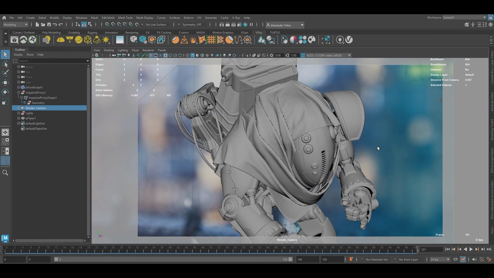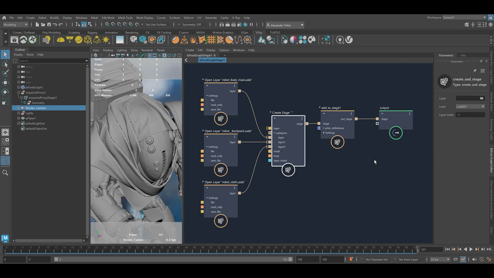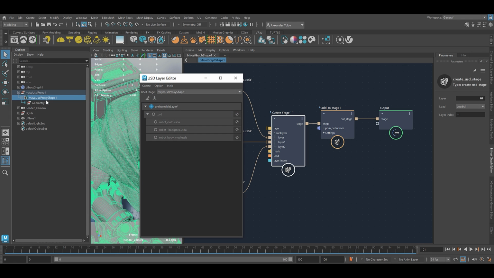And I have a short demo for you where I'm using the Maya USD plugin and the new Bifrost graph to build USD variants right inside Maya and render them with V-Ray. I have a Maya scene here, and I've been asked to assemble this robot character. The robot and the different pieces of his gear were exported as USD files. I've loaded and layered the USD files, as you can see in my Bifrost graph, which isn't too different than using the USD layer editor, only I can use the Bifrost graph to create variants.